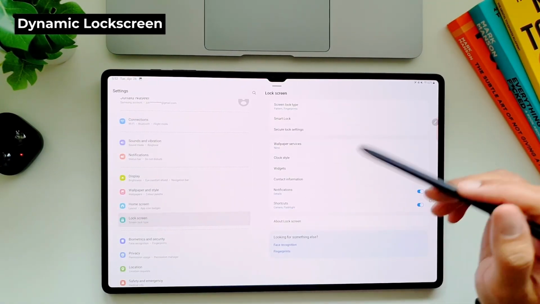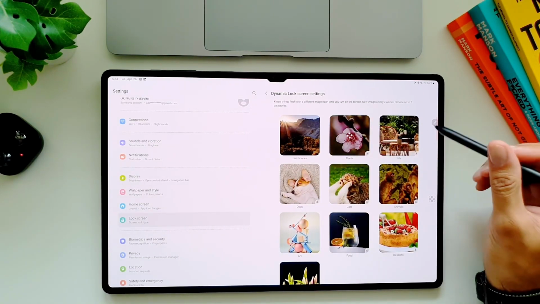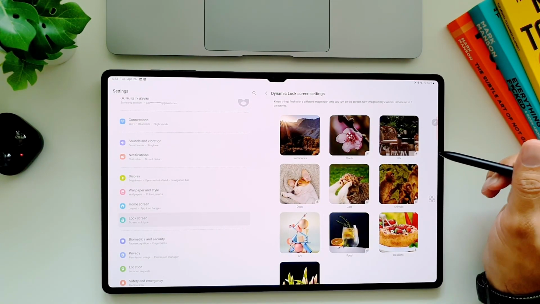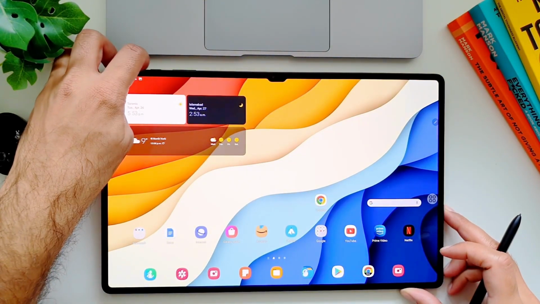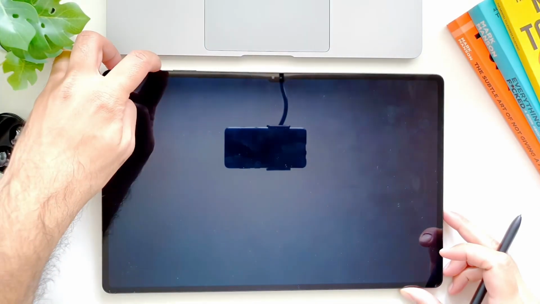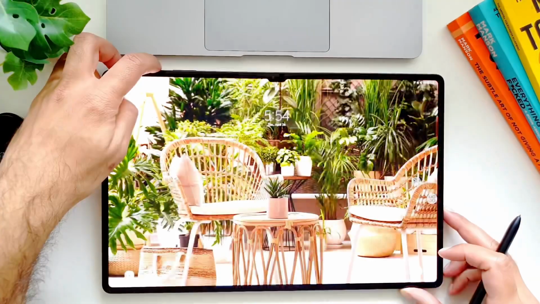You can do this by going in Settings, then in Lock Screen, and here go in Wallpaper Services. Select Dynamic Lock Screen, and here you can choose up to 5 categories and download them. Also toggle on the auto update feature at the bottom of the page so new updates will be downloaded automatically. Then every time you turn on the display, you will see a new wallpaper which keeps things fresh on